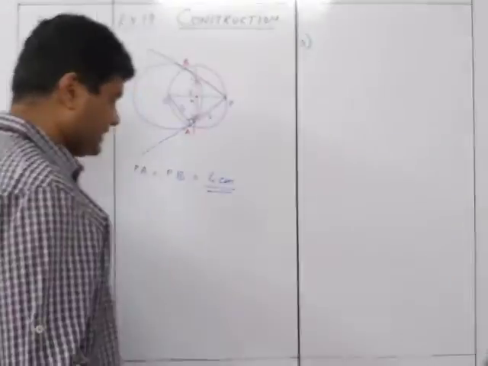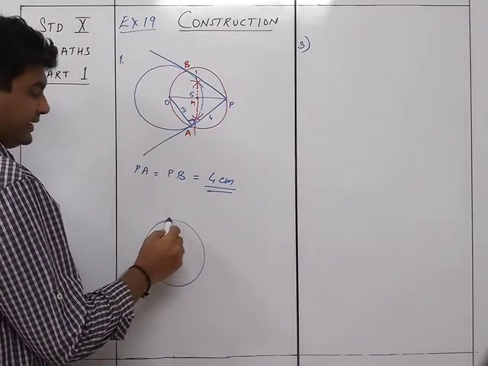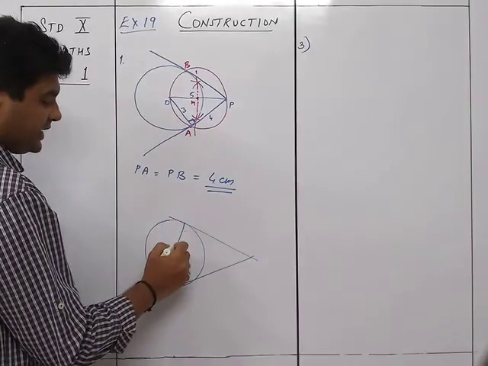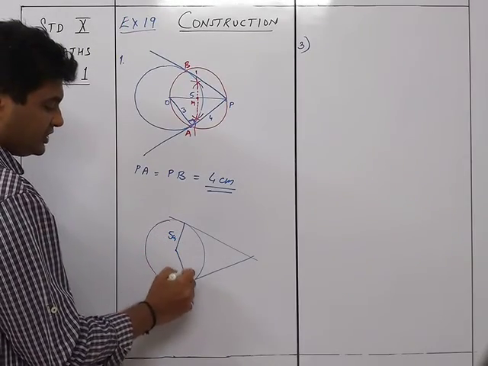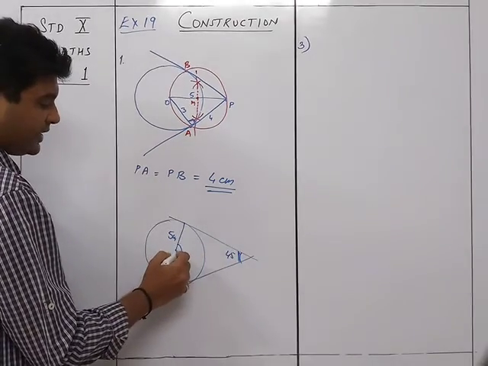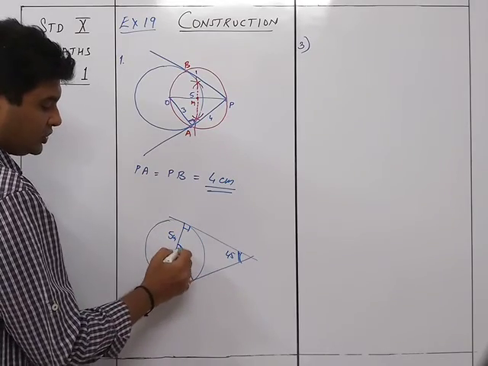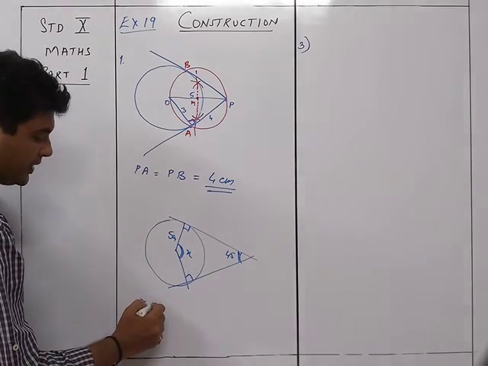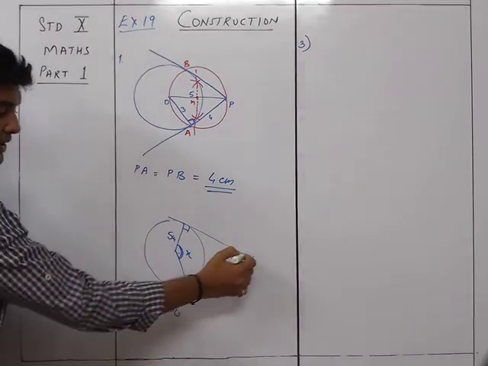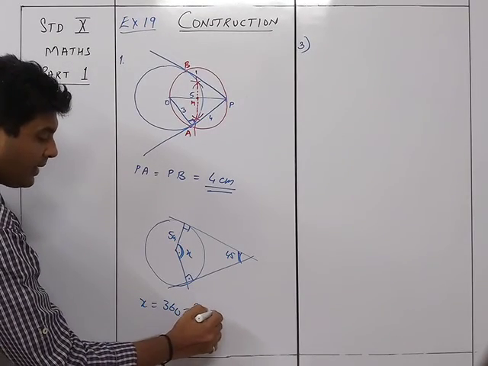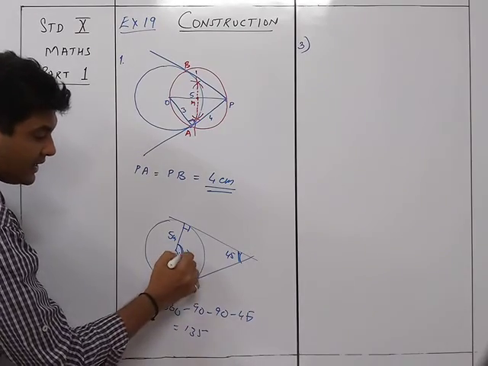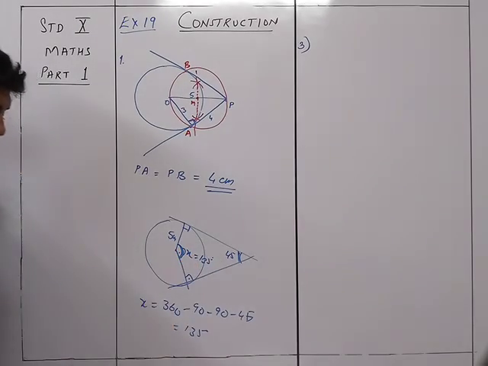So this is something that if I show you roughly, it is this way, that this is going to be the figure like this, where I don't know any other thing except for the fact that this is 5 centimeters, and I know that the angle between the tangents over here is 45 degrees. So if this is 45, because this is 90 and this is 90, this angle x over here will be equal to 360, that is the sum of angles of a quadrilateral, minus 90 minus 90 minus 45, that will be equal to 135 degrees. So this angle x over here is equal to 135 degrees.